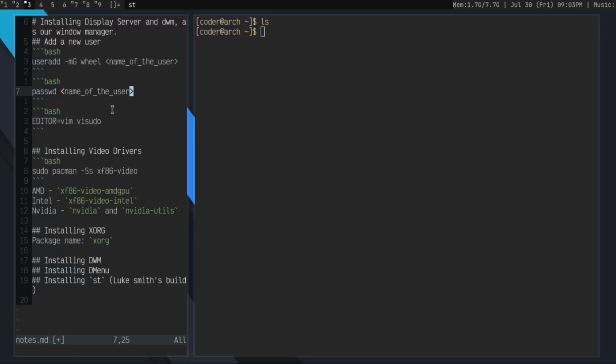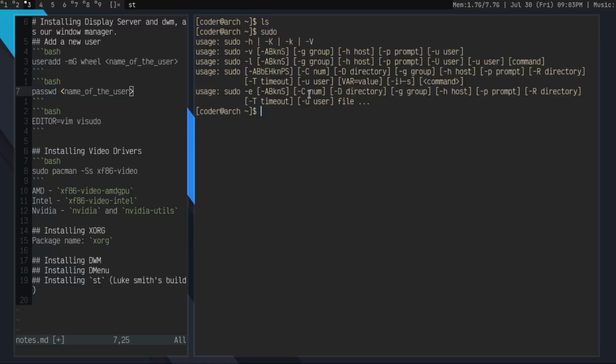Okay. Our next step is to configure sudo. Let's first check if we have sudo installed. Okay, we have sudo installed. But if you don't, you can just run this command. Before that, after this command, you need to log in as that user. So to do that, you can just type the exit command. I'm not going to do that because it will exit the SSH connection. After hitting enter, you will again go back to the login screen. Then log in with your newly created user.